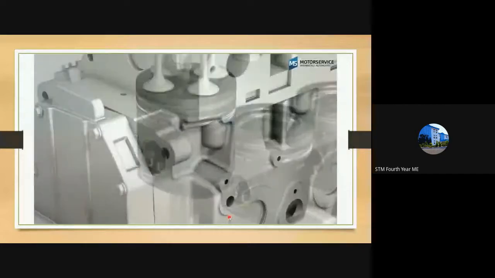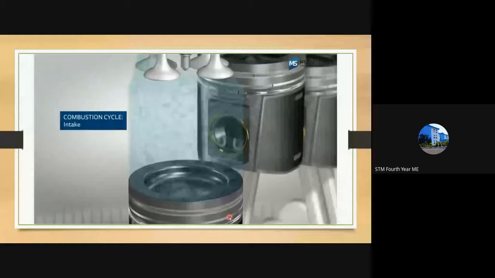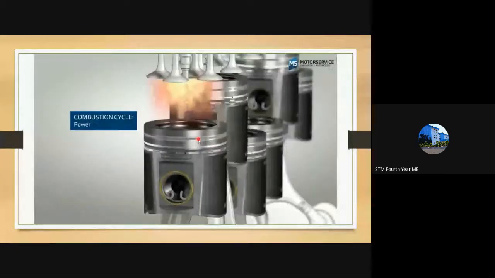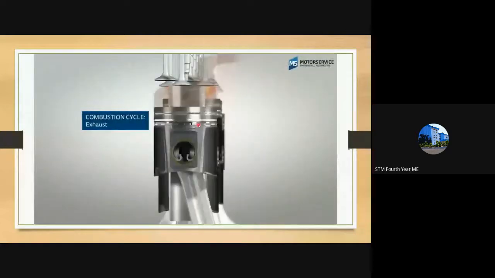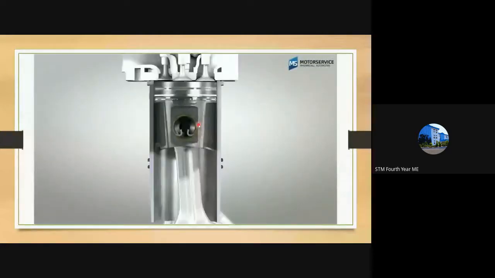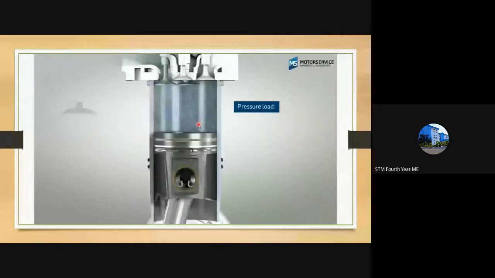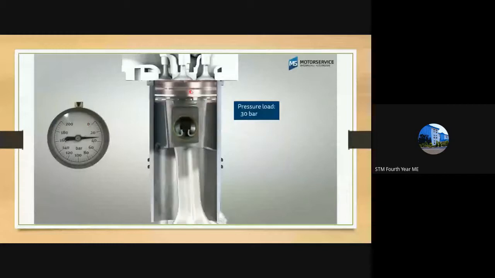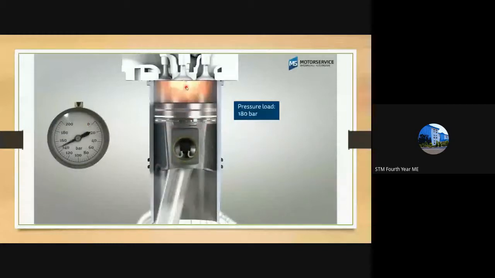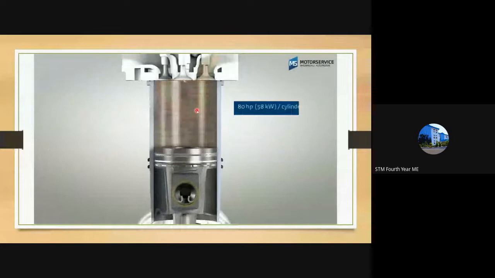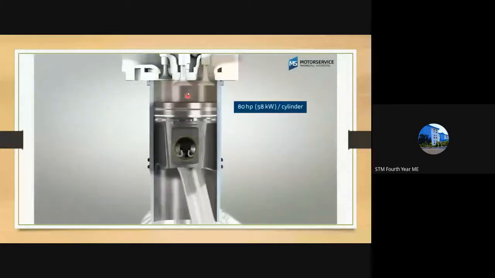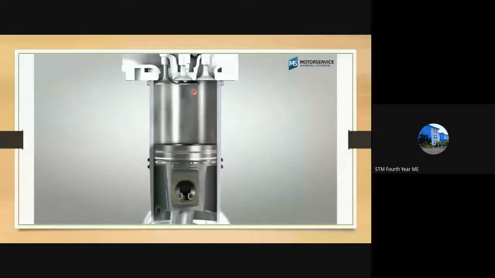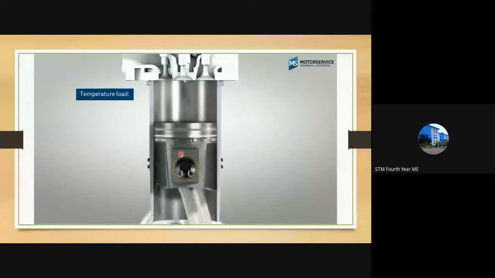Okay, this is the piston, and the 4 strokes are shown here: intake, compression, combustion cycle or the power stroke, and then exhaust. So huge pressure is here. They are showing the pressure generated during compression. The pressure generated is high, and on explosion it again increases, then decreases. So such huge pressures are generated in the combustion chamber, and the piston should be able to handle such pressures. So it is made up of such materials.